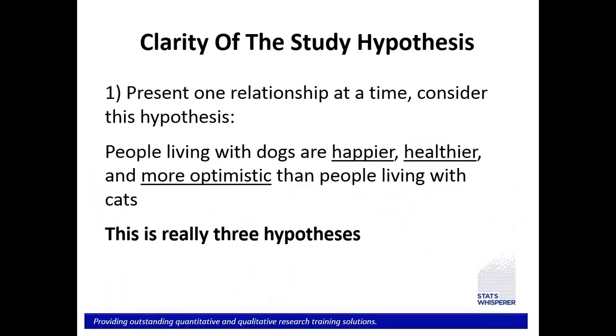Okay, now the clarity of the study hypothesis. This is an important one because the study hypothesis is like the bullseye. We're trying to answer this research question and hypothesis. That's the bullseye. That's the target we're trying to hit. And if you have a fuzzy target, it's hard to hit it. So we want a clear study hypothesis so we could get it dead in the center. So number one,